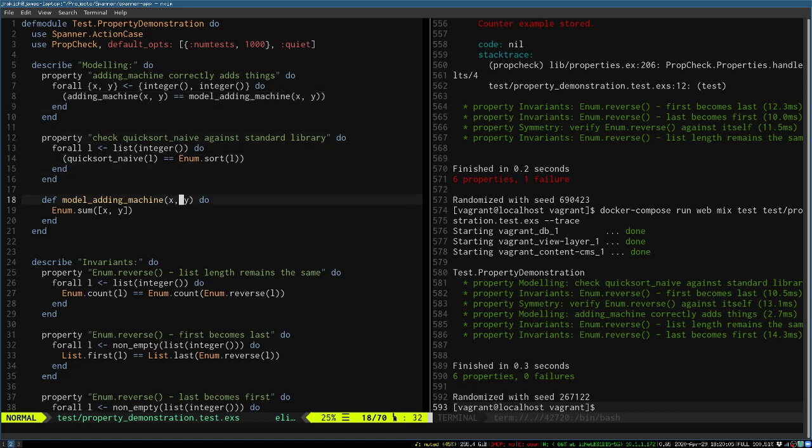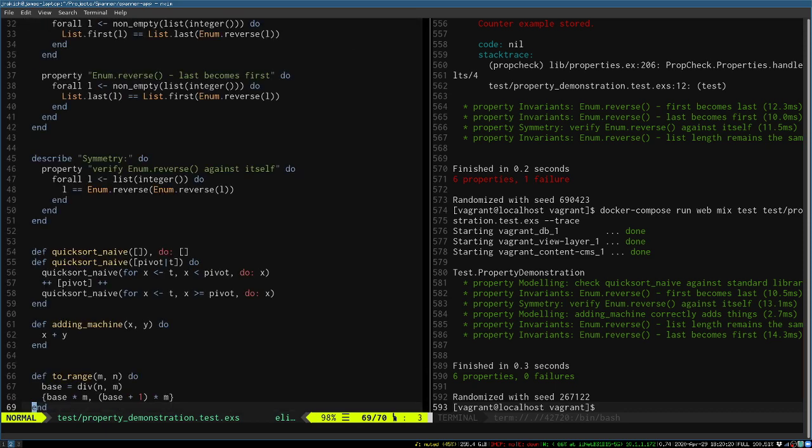In this case, I've thrown enum sum at it, which is a way of adding up the contents of a list, which, I mean, obviously it's a trivial example, but it's an idea of an alternate means with which we can calculate the same answer as the actual adding machine, which is this guy down here. Very complicated piece of programming, definitely my best work. Anyway,